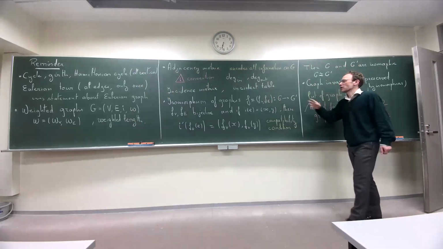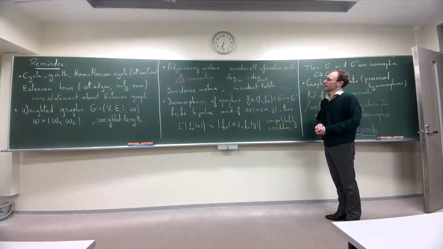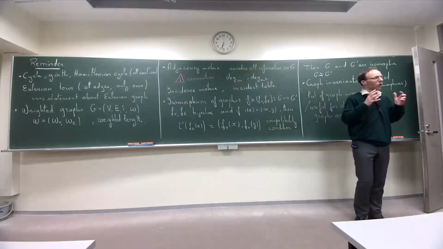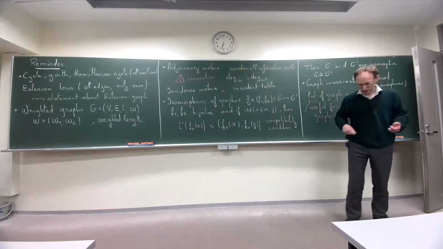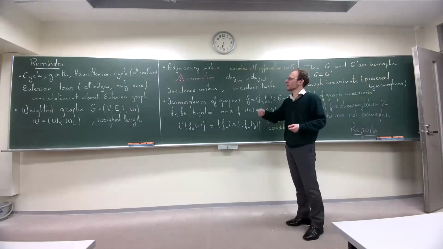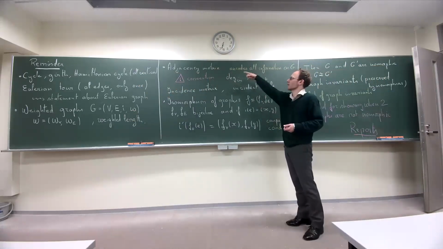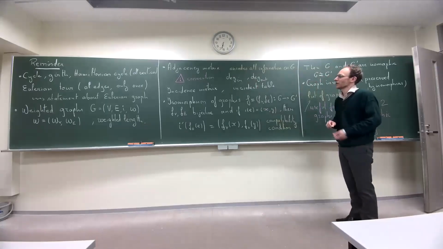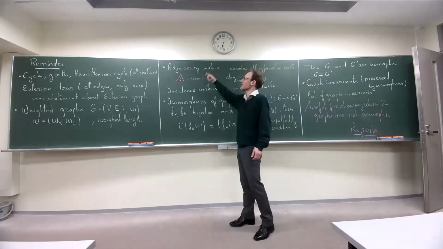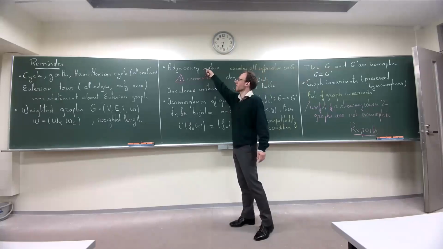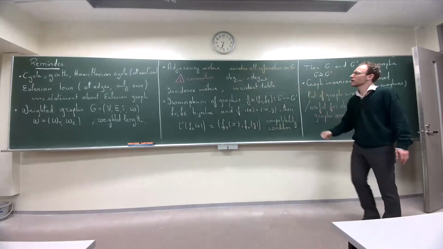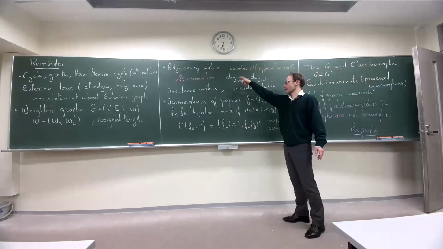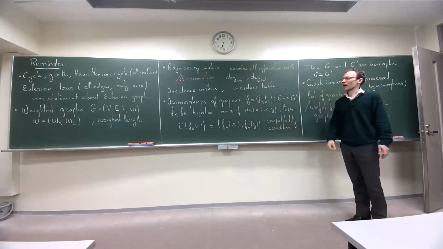Then I introduced the notion of adjacency matrix. This is a way to encode all the information in the graph. Because when you write a computer program, you cannot draw a picture. You need a way to encode this information. You can do it with this notion of adjacency matrix. Be careful if you use this, or if you read something about this, check the conventions, because sometimes the conventions are different. And I also at that time introduced the in degree and the out degree